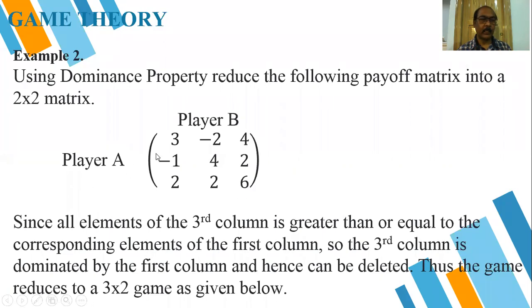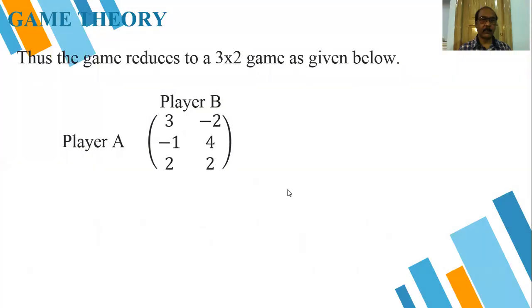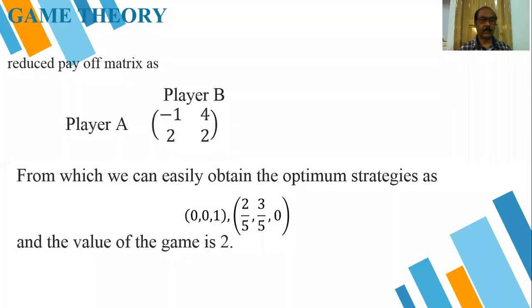Now player A, if we choose this, if suddenly player B selects the strategy B, then player A has to pay 2 rupees, and if player A selects the strategy A2 and player B selects the strategy B1, then player A has to pay 1 unit to B. That's why player A always tries to select the strategy A3, to try to gain the 2 if player B selects the strategy B1 or B2, and player B never selects this. And if we calculate, we will get the value of the game is 2.